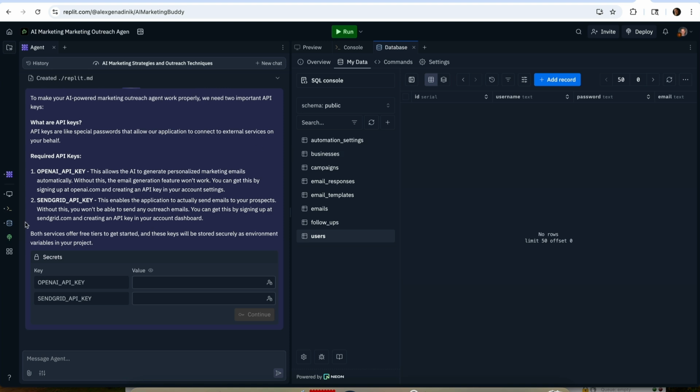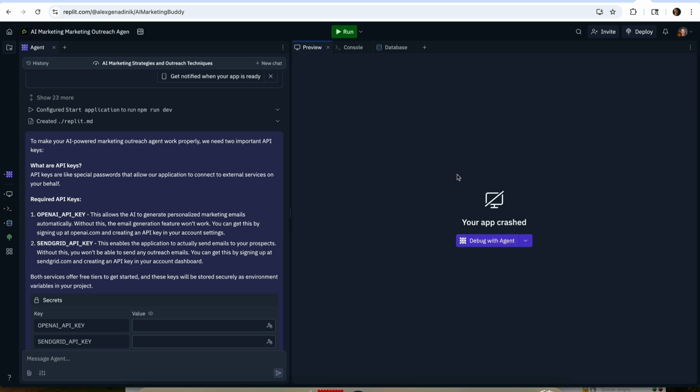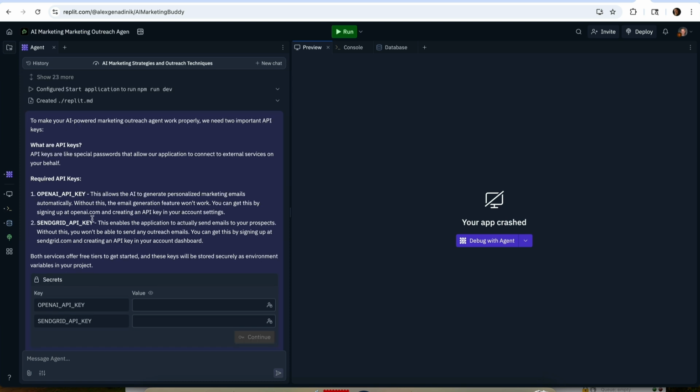And if you have no interest in the database, you just want it to work, you don't have to look at the database. You can go back and just work with the agent here. So you can always go to, instead of my data, you can say preview here. And then I want to explain, don't worry about the message on the right side of the screen. It doesn't matter for now. The reason it says it crashed is that it didn't really crash. What's really happening is that it got to the point of the